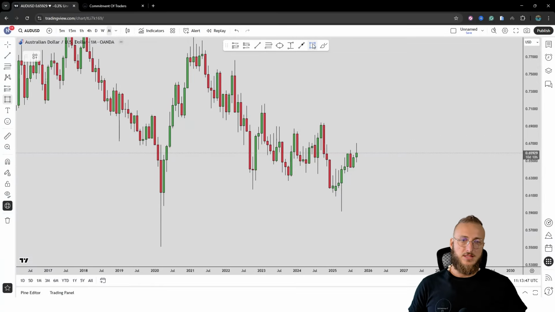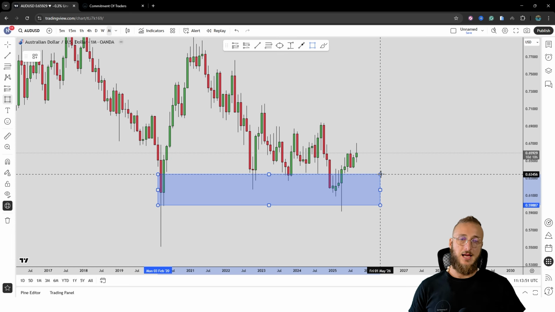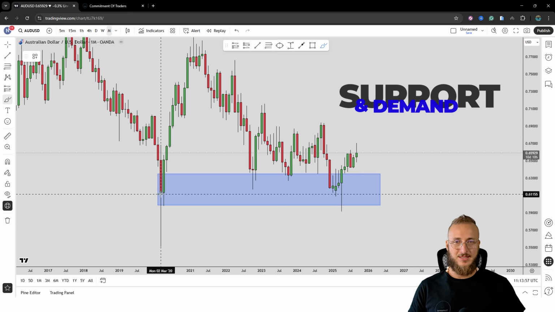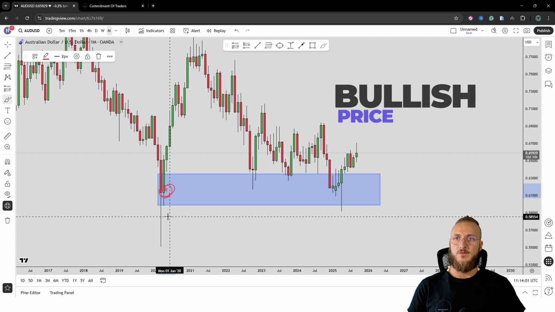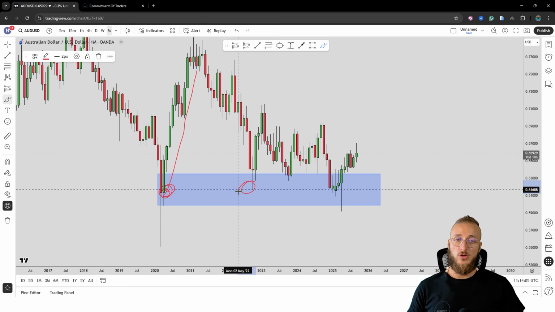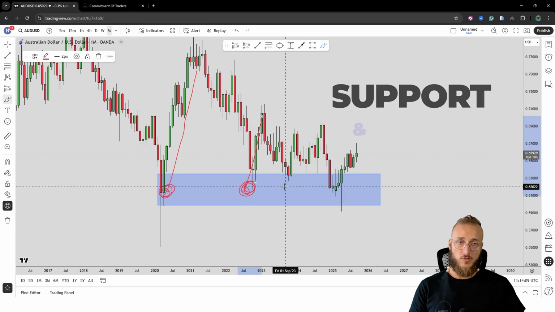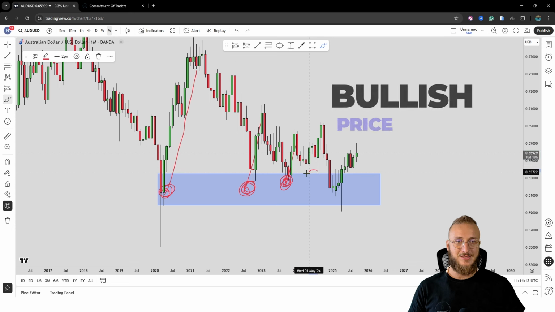Starting here from the monthly time frame, what we can see is that we have a market which at the moment is testing a quite strong historical monthly demand and support zone and rejecting it to the upside. This area held the market during one of the strongest sell-offs for AUDUSD, and from that moment this level continued acting as quite strong support and demand from a monthly standpoint, with multiple rejections to the upside that started